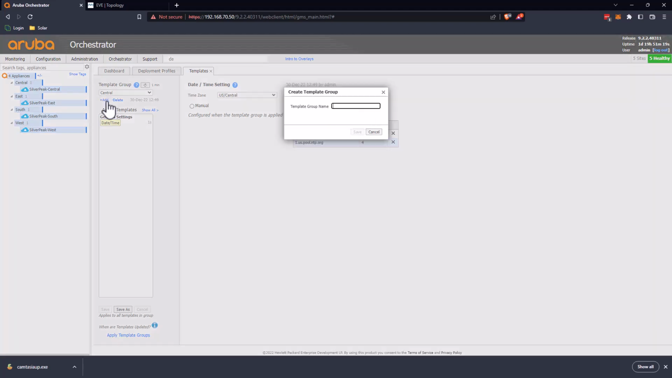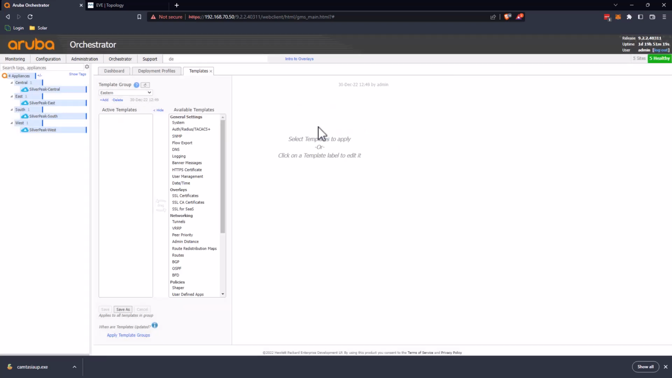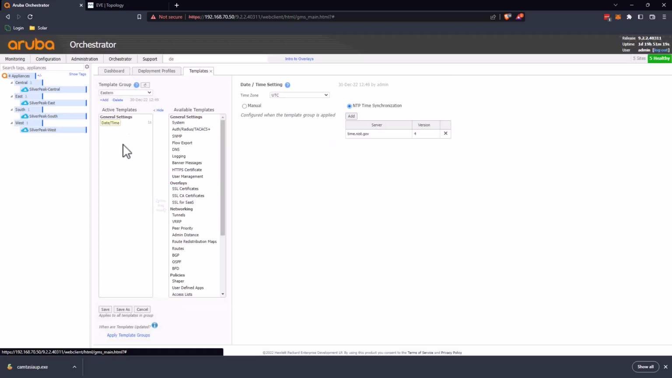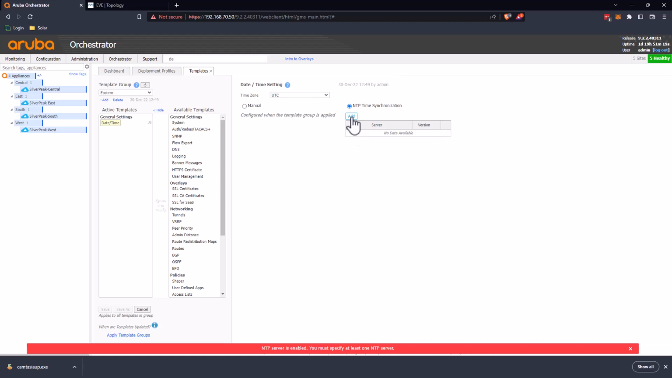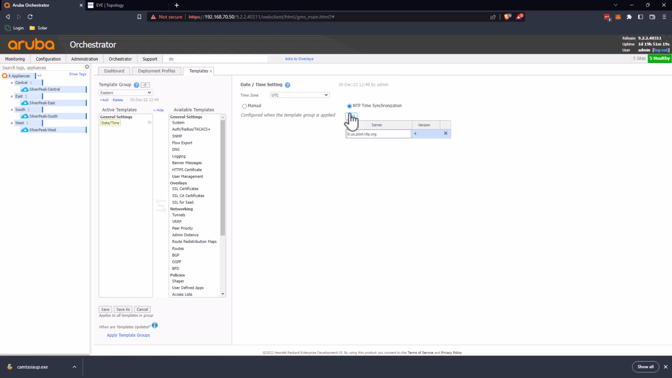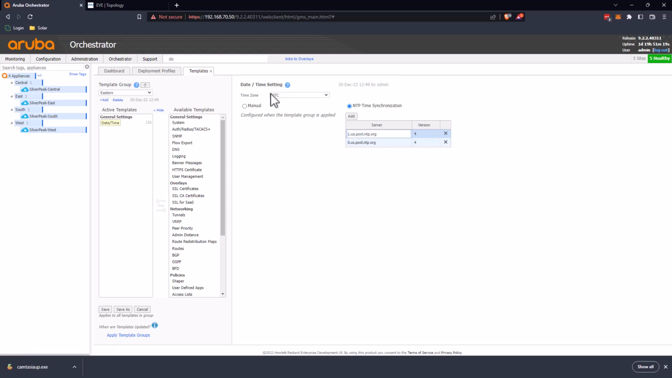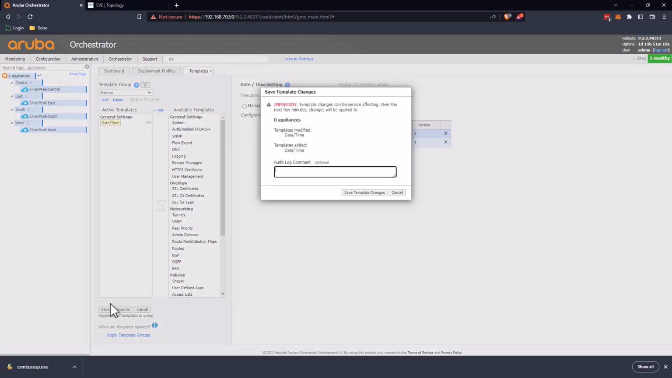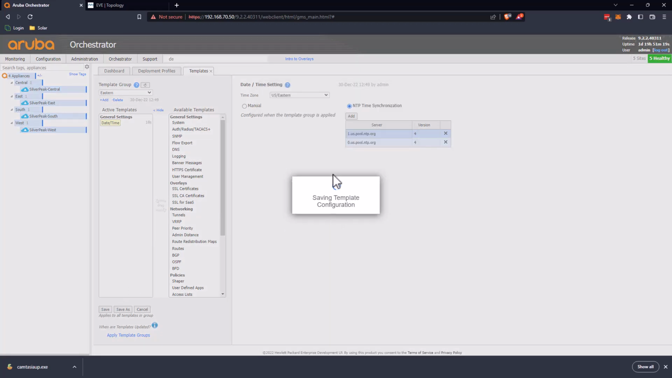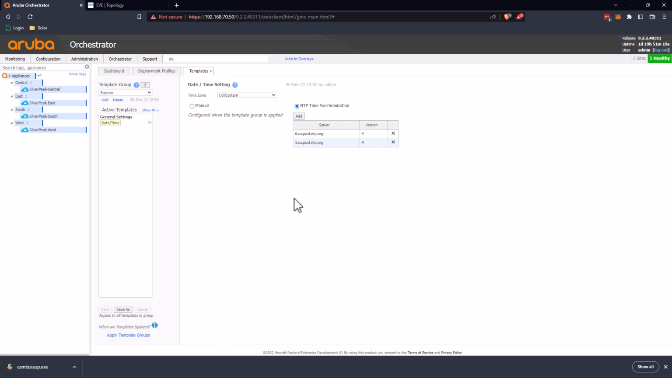Now we need to add our one for Eastern. And again, this is just an example for date and time. There obviously could be a number of different regionalized settings that you would use in your environment. I'll save that. So now that we've got these created, how do we